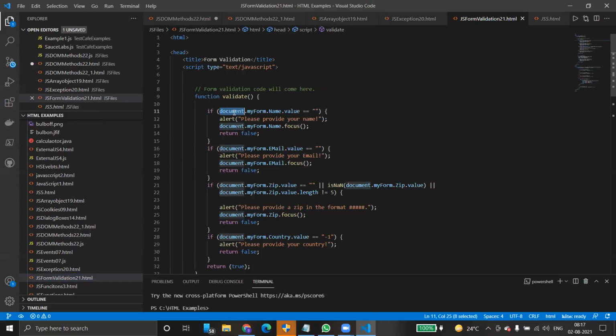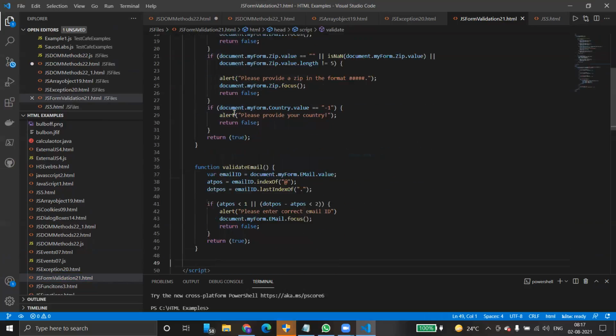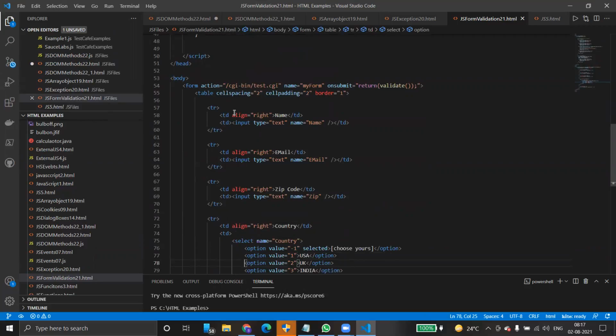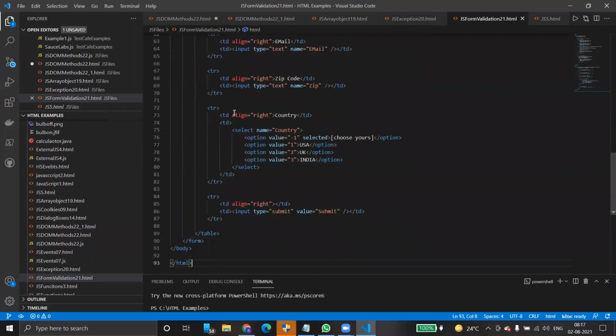Inside the document object, we have a form object, and then we have form controls. This is a form element. Inside a form element, we have a table basically. Inside a table, we have web elements, form control elements. Clear? Yes, so many methods are there, but we'll see only a few methods.